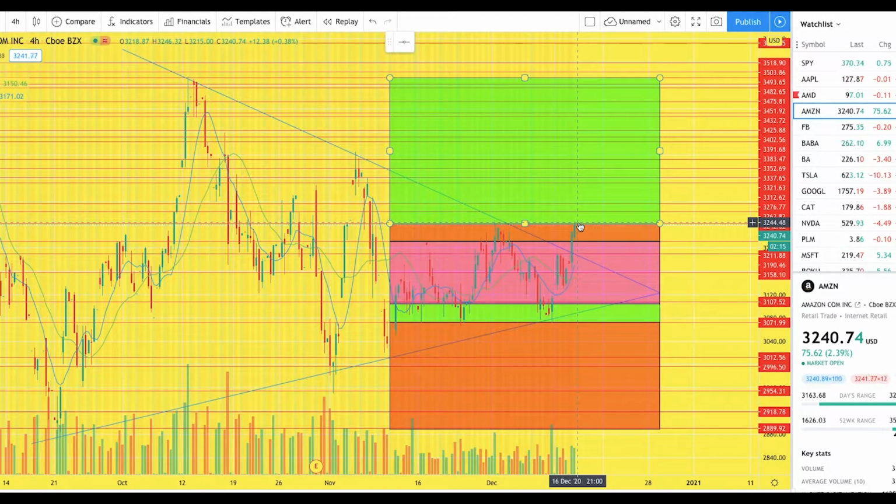Now, I'm actually trading two strategies here on this particular stock. The reason being is we do know Amazon likes to move a lot, and the contracts are not cheap. So I'd like to get that extra confirmation before entering the trade. I do know a lot of people entered this trade earlier because it was bullish, and they entered as it passed 3209, which was a great play, and a lot of people already made 50 to 60% profits on that move. But for me, I'm a quite conservative trader, and I'd like to wait for that additional confirmation